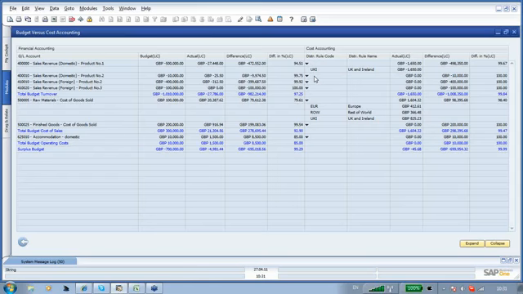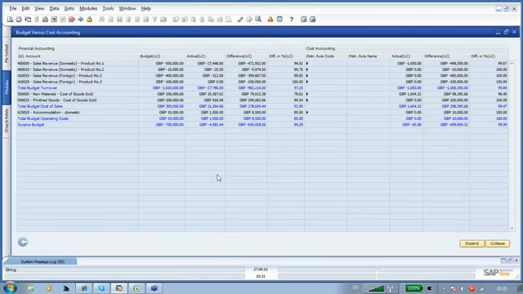Okay. So again, when I run it, I get a breakdown of the different codes that I've linked in here, and you can see totals there for Europe, rest of the world, and UK and Ireland, and I can also collapse that view and just get summaries across all of those different values. So these figures on the left hand side are coming from my budget setup, so my budget scenario, and then my overall actuals and differences, and then on the right hand side I can see the different values coming from the cost accounting,